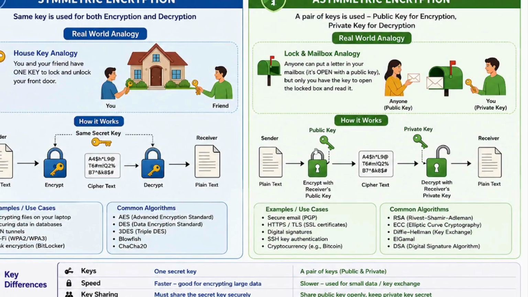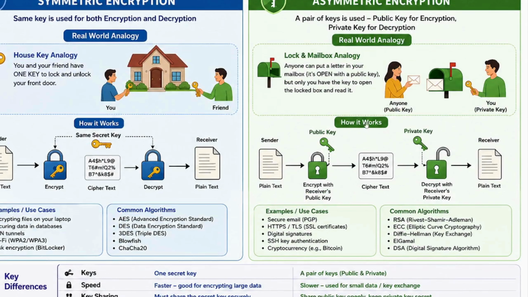So the public key is available. I can take that public key, do the encryption, and then send it. But who would be able to decrypt it? The server, or you could say the person who has the private key. So here there are two keys. Using the private key only, that particular ciphertext can be decrypted. So in asymmetric encryption there are two keys: public key for encryption and private key for decryption. That's the difference if you compare with symmetric encryption, where there was only one.